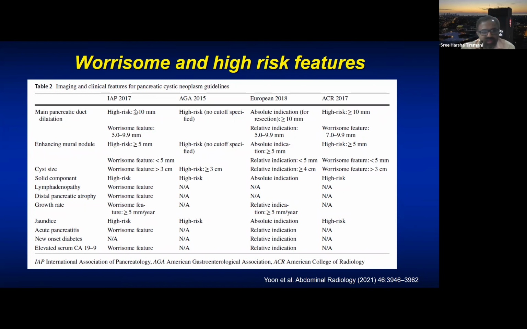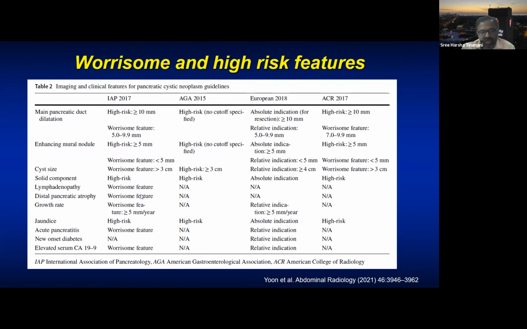In general, there is agreement. Any main pancreatic duct dilatation of more than 10 millimeter is considered to be high risk and needs surgical consultation. A mural nodule of more than 5 millimeter, again, you can see that all the guidelines do say that they are high risk and need surgical consultation. So again,